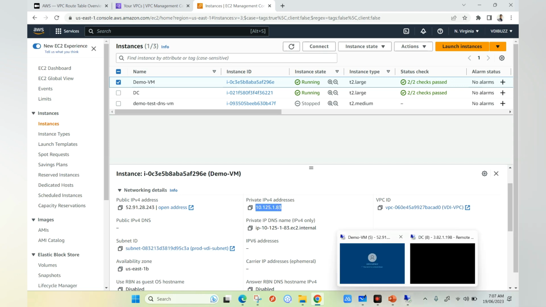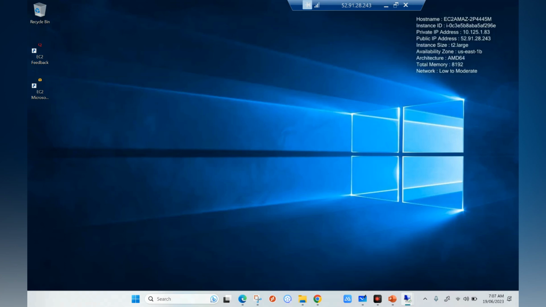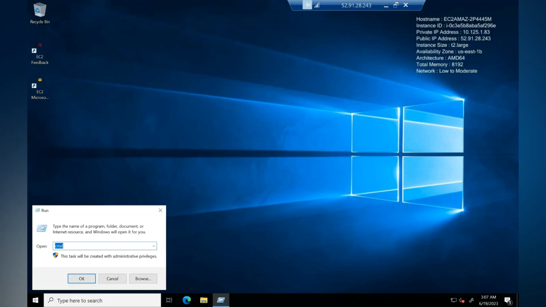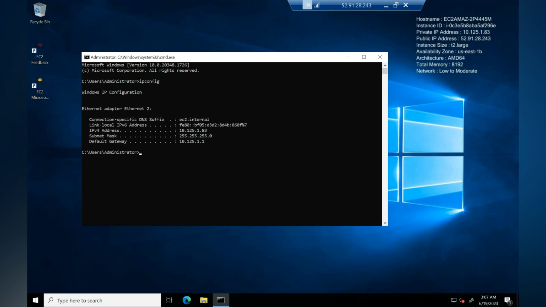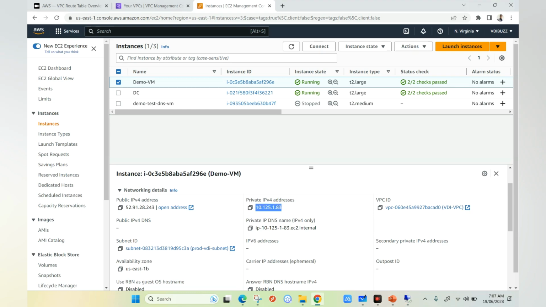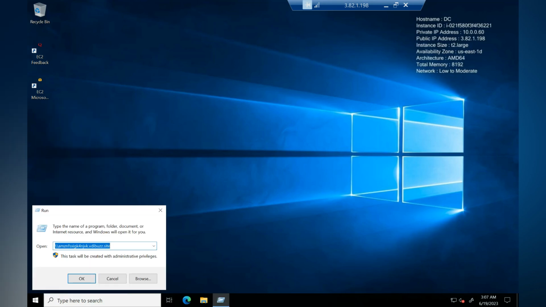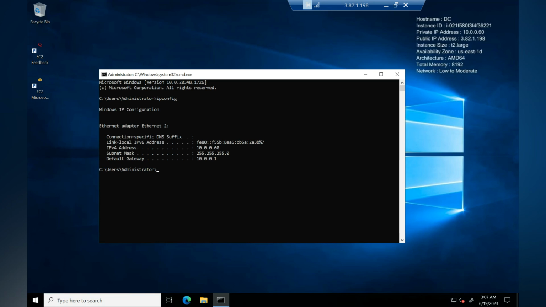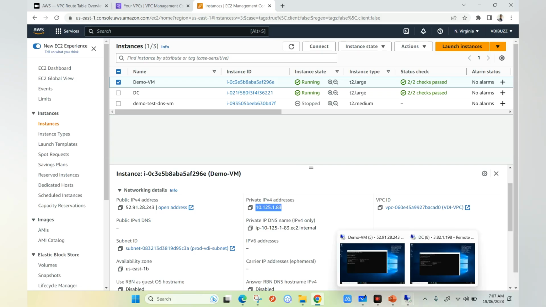Now I have logged into both the VMs, demo-VM as well as DC. If I go to the IP address blade of this particular VM, we can see the IP address is 10.125.1.83. Similarly, I will log into the other one, which is my DC. Let's see what the IP address of this VM is, which is 10.0.0.60. If I try to ping this VM from my DC,